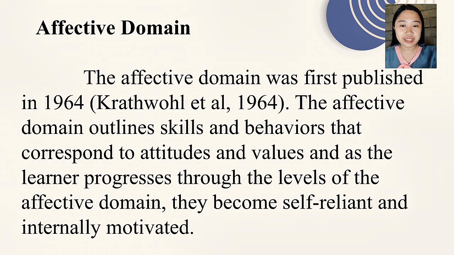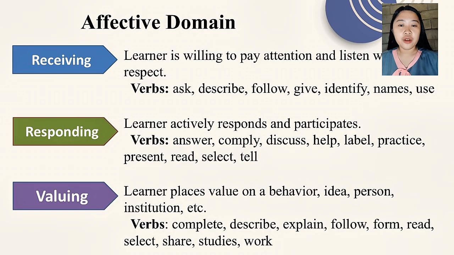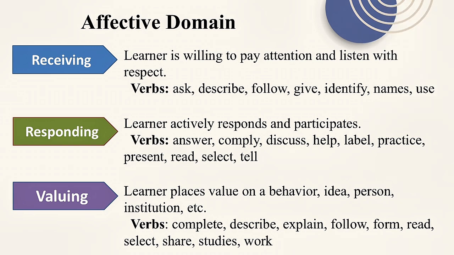Next, we have the affective domain, which was published in 1964 by David Krathwohl, that focuses on the behaviors and attitudes that the students should possess upon gaining necessary skills and knowledge. There are 5 levels in the affective domain. First is receiving, where students listen attentively to their classmates during reading. Next is responding, where students actively participate and engage in knowledge transfer. Then we have valuing, where students show respect and find value and worth in one's own learning.